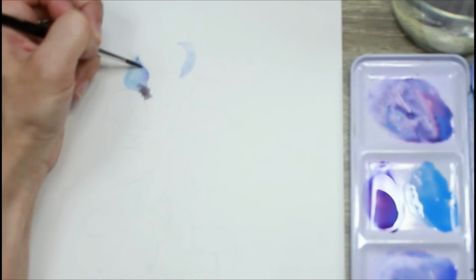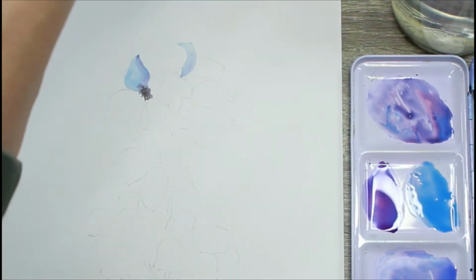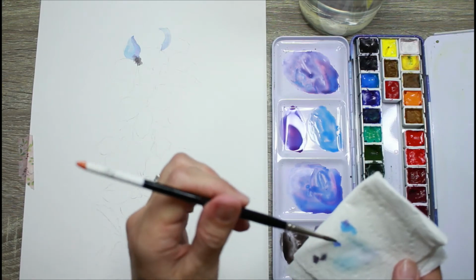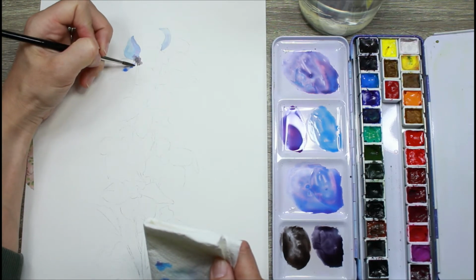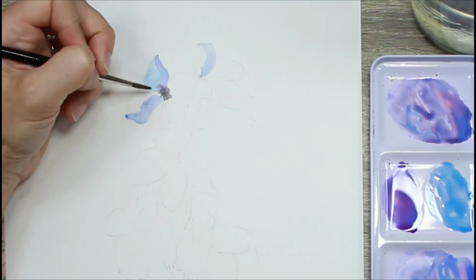And then I picked up one of the other purple colors and just dragged a little in while it was still wet. You do not have to do that if you don't want. For most of the petals, I actually just did the one color. I didn't really add the extra color in. So if you are just starting out, I'd suggest just doing the one color, then you don't have to worry